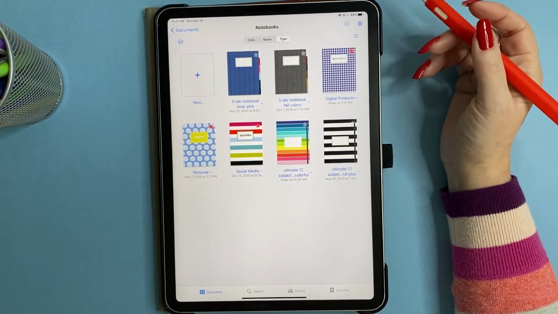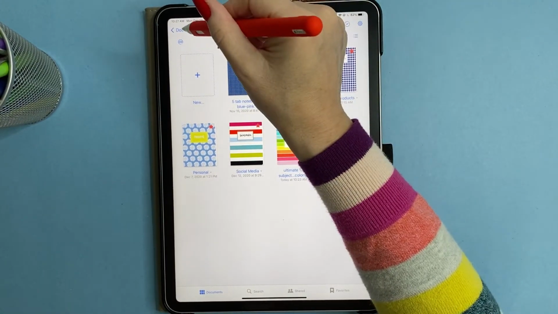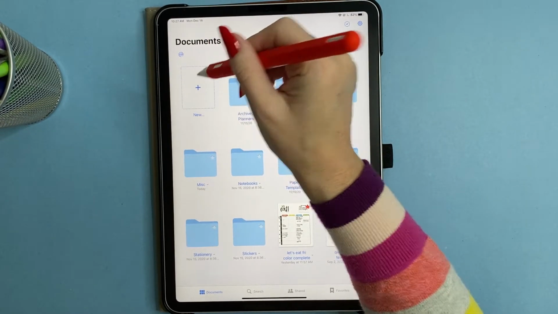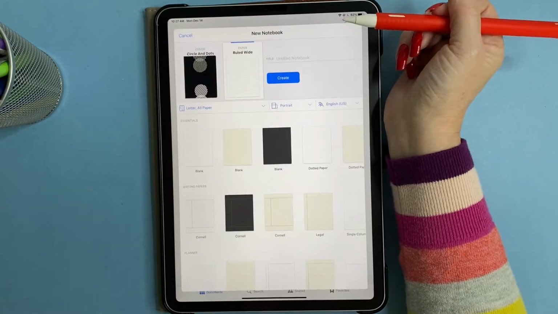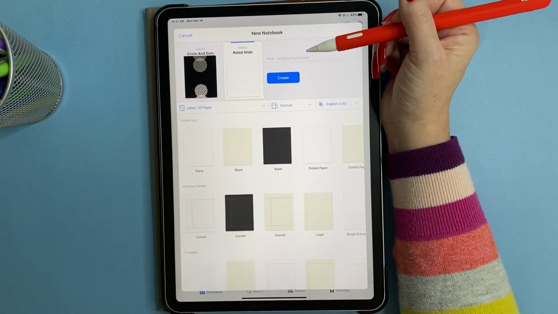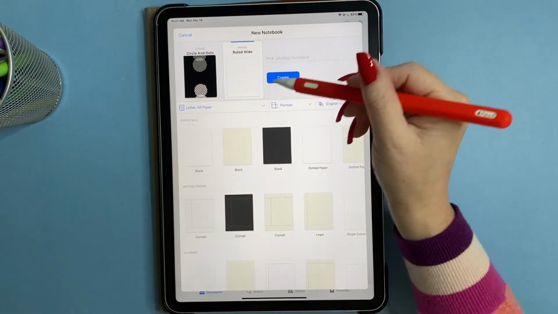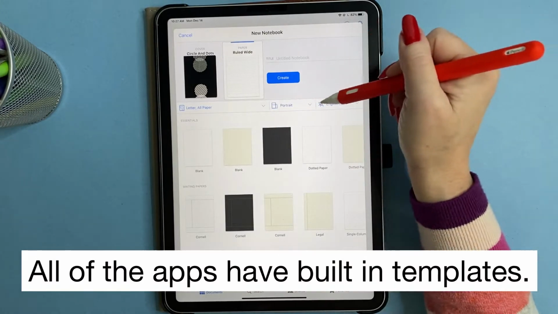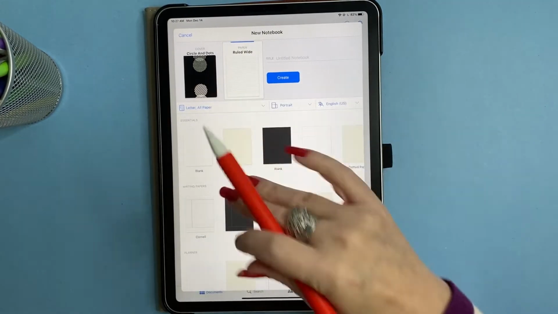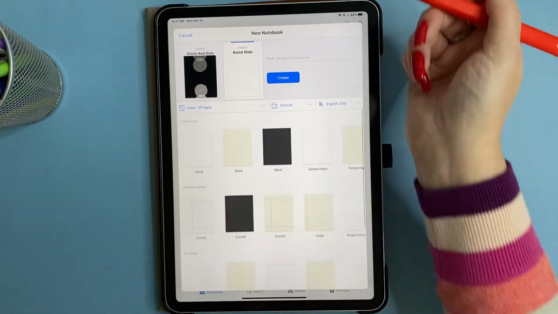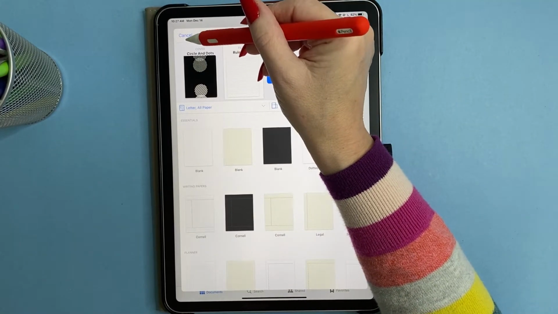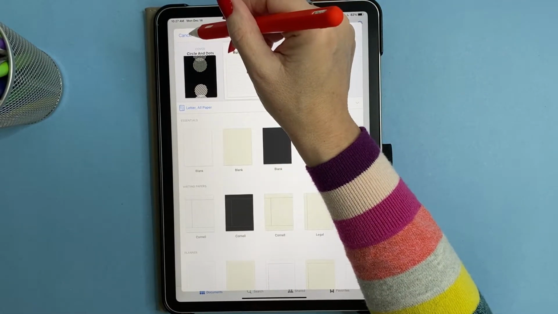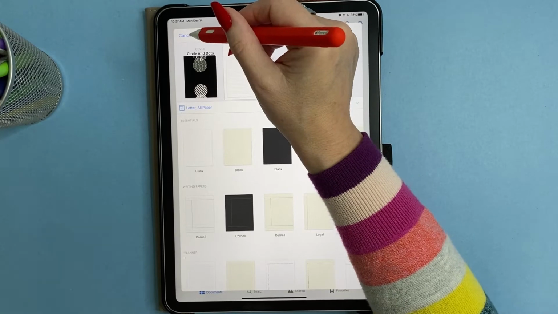Okay. So what you can have when you're digitally note-taking is you're writing on paper. You create notebooks and folders just like you would in real life, physically. You can choose the size of paper you want. Do you want it portrait or landscape? Do you want white paper, beige paper? There are lots of built-in features when you download the apps that you can choose from to start the process. There's not a ton. It's great for the basics, but